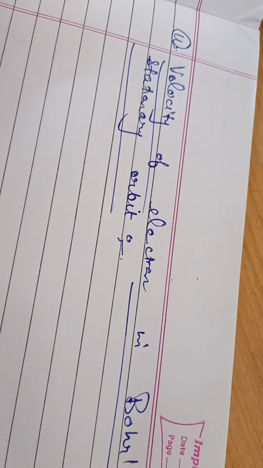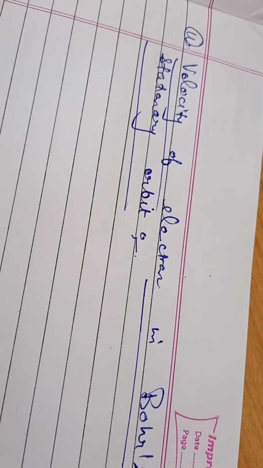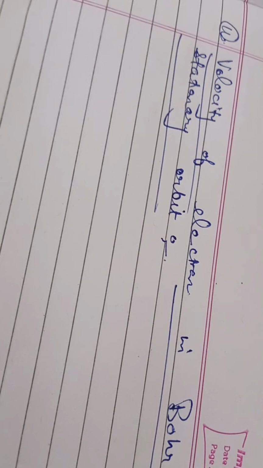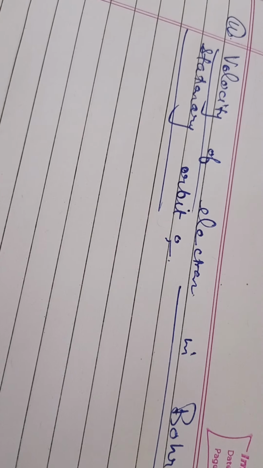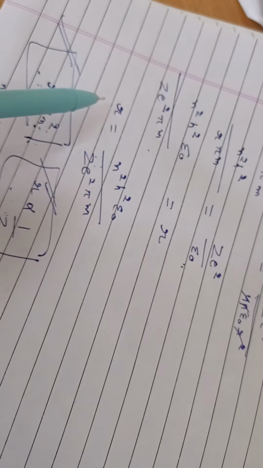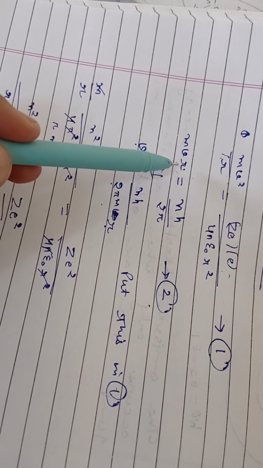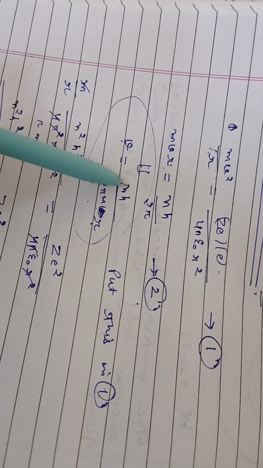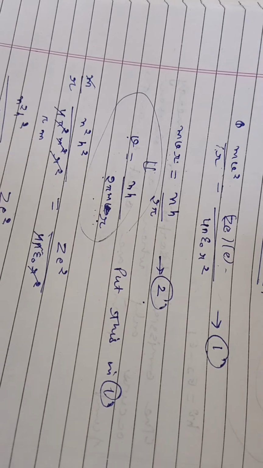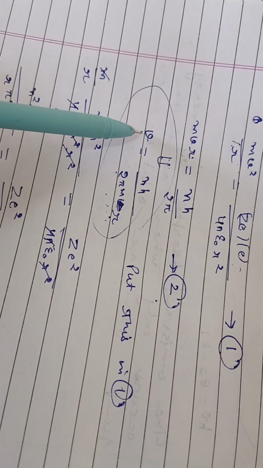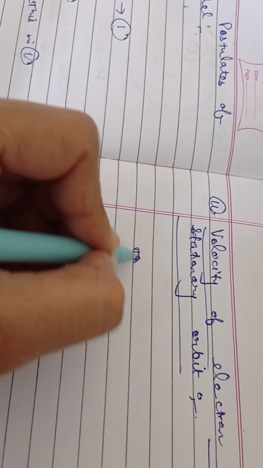Okay, how can you calculate the velocity? By making use of the value of r. Put the value of r in this expression or in this expression. Yes, it is the expression for velocity. Put the value of r which we have calculated just now in this expression and you will get the value of v. I am writing this: v is equal to, then you can start.